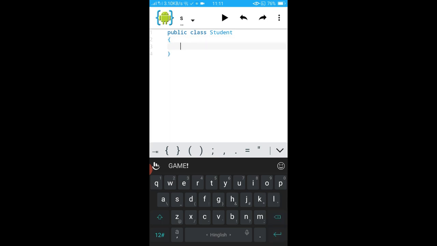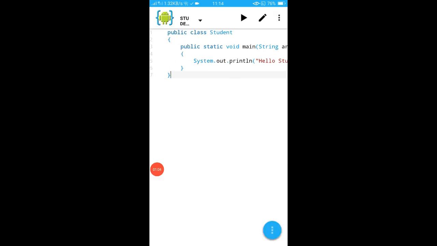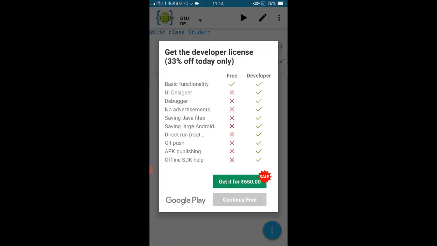So let me type my source code first, then I'll show you how to execute that. So see, I have typed my program. Typing is very easy because those symbols that we need frequently are already given here, fine. So I have typed my program. Now after typing my program, click on the save option and then I'll press this triangle shaped command for executing my program.